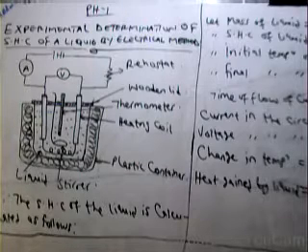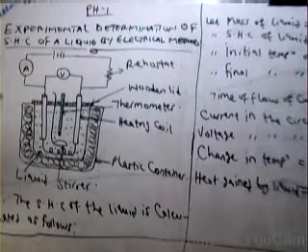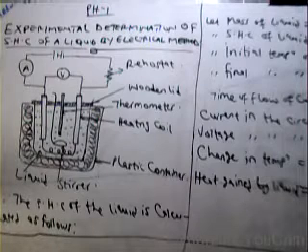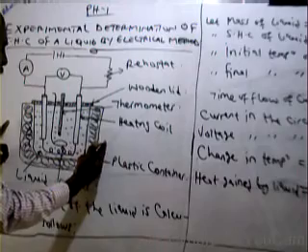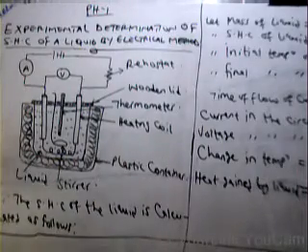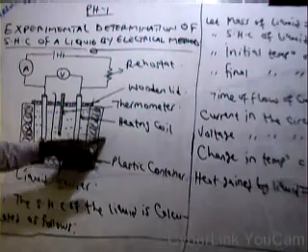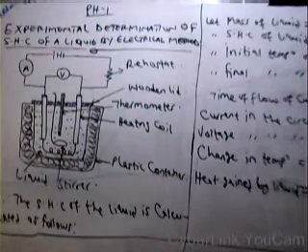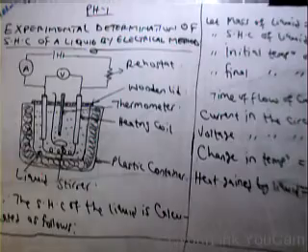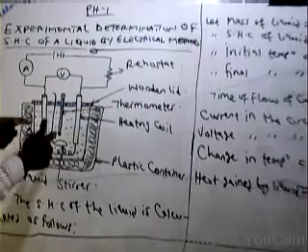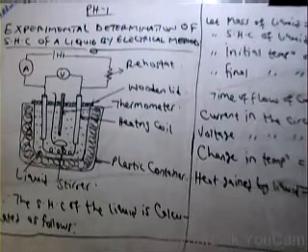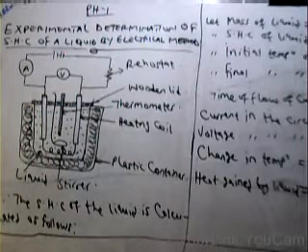Provided, that's the condition, that no heat energy is lost to the environment, or provided that no heat energy is absorbed by the plastic container. In the case where we discover that some part of the heat energy has been absorbed by the plastic container used in this experiment, then the total heat lost by this heating coil must be equal to the sum of the total heat gained by the liquid and the total heat gained by what? By this container.